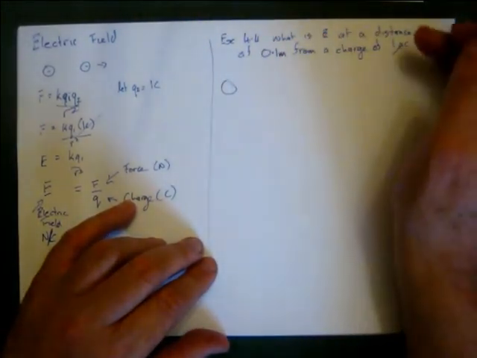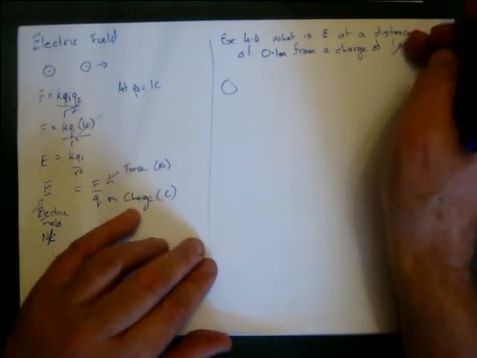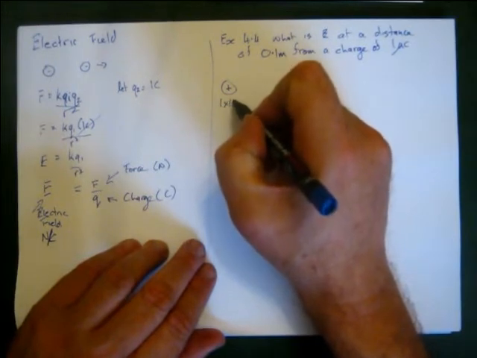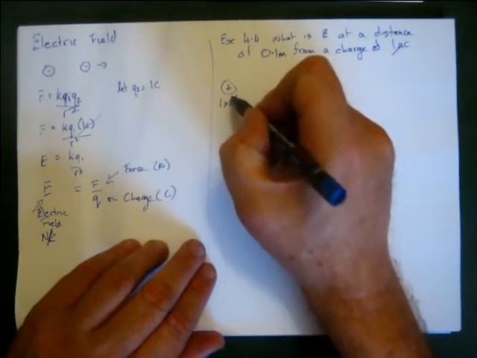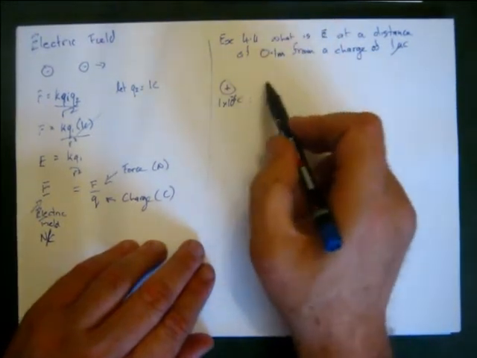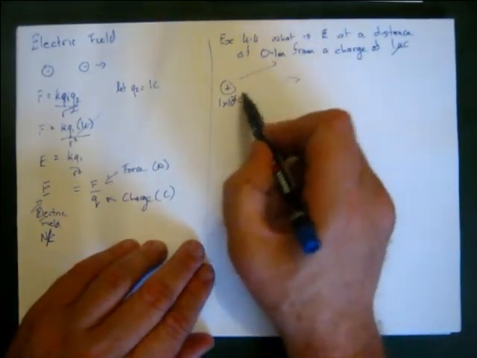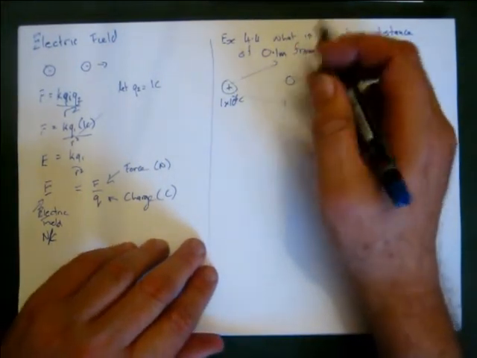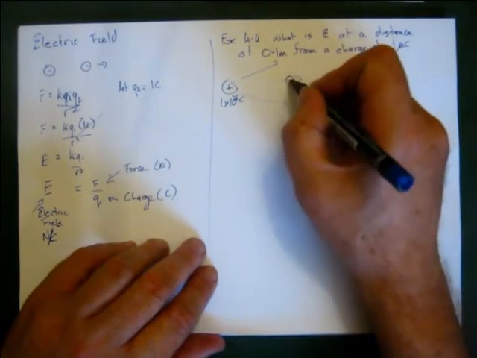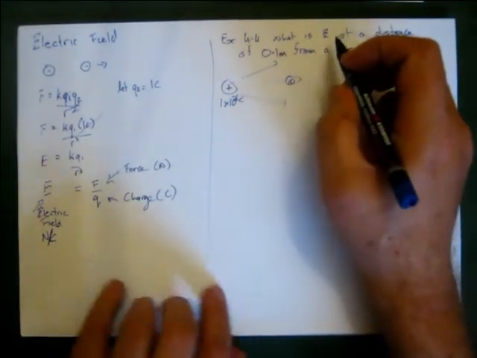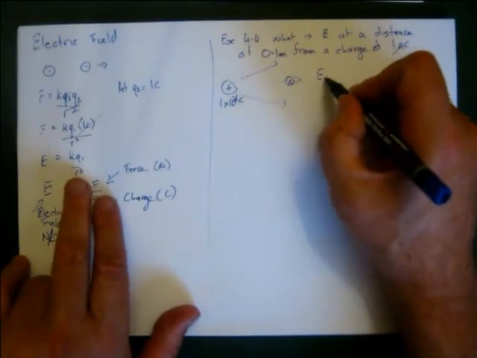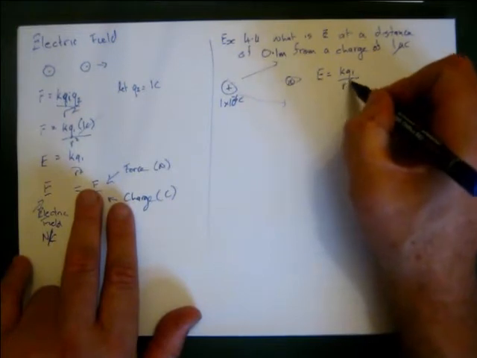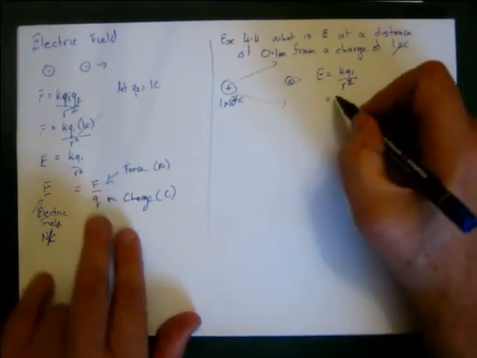We've got a microcoulomb charge. Because it doesn't give a sign, that's going to be positive. So it's going to be 1 times 10 to the negative 6 coulombs. And it's going to send out lines. If we stick a charge in here, which we're saying is 1 coulomb, what's the size of the field going to be? E is equal to K Q1 over R squared, which is equal to,